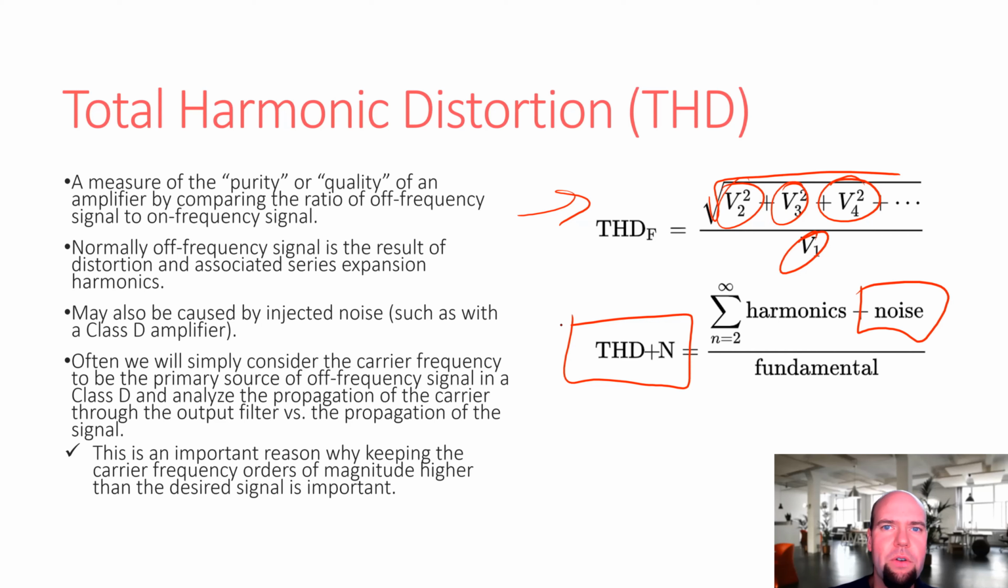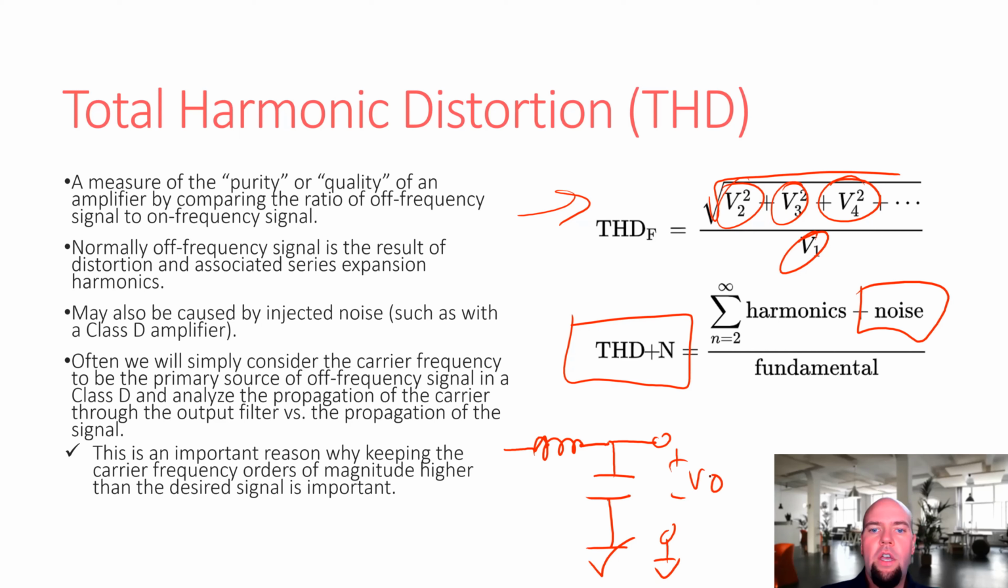And there's a problem in the homework that asks you this, and I don't fully tell you how to do it, but I can give you a hint here. If your output filter was an LC filter like this, for a Class D amplifier, your primary source of distortion is going to be that carrier frequency. So if you assume an input Vin of a carrier, so that would be like, I don't know, if it's a 500 kilohertz carrier, it would be a 500 kilohertz